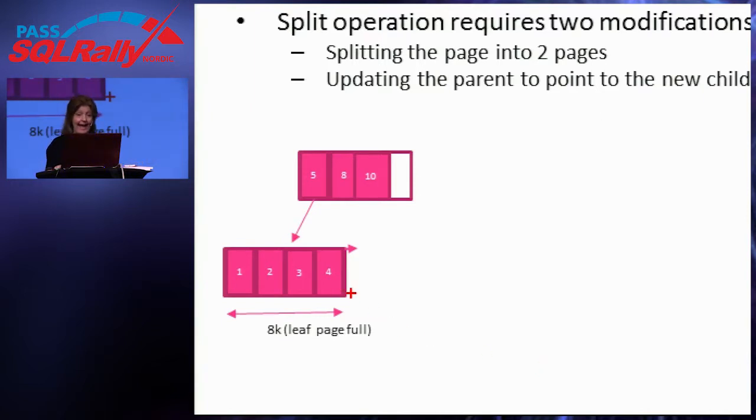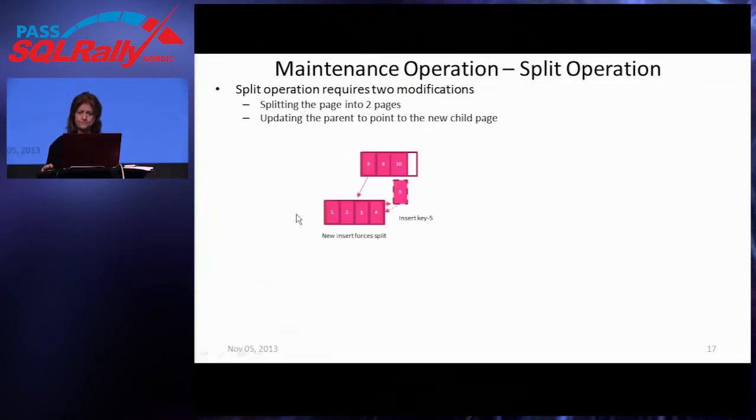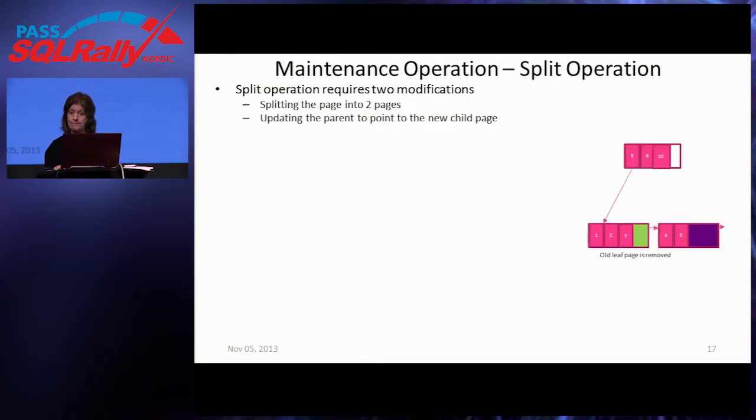The maximal possible value would be 5, even though I don't have a 5. But now I'm going to add a 5 to this page. And there's no room on the page for the 5. So what happens is 2 whole new pages are created. The green page and the blue page are created, and the rows are split between those whole new pages. And then the older leaf page is removed so that the green page points to the blue page, and then